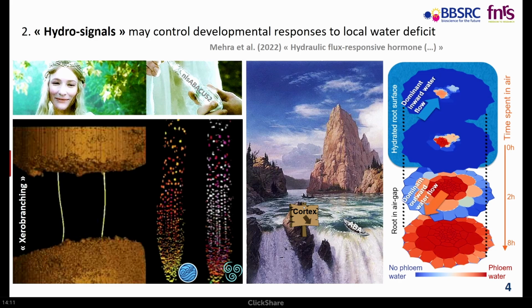We have simulation that suggests that, yeah, it could be happening this way within a few hours, which is also the response time of ABA transport in this data that you see on the left. And of course, at the same time as we propose these narratives, we're doing our best to just discard them with new experiments. And we're also in this nexus of iterations between model improvements and